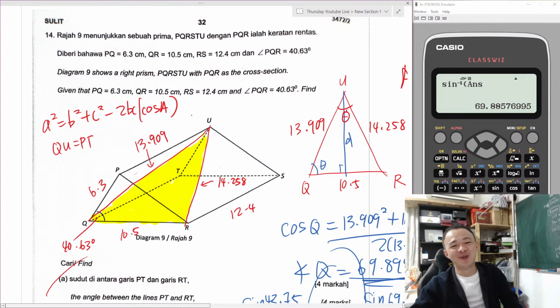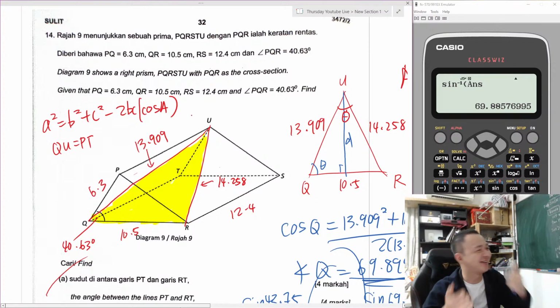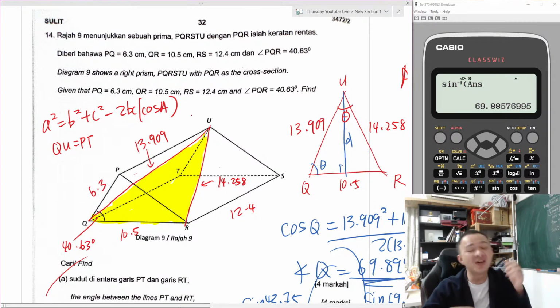How to recognize what formula we use? Okay, for this one you definitely need to watch back the solution of triangle videos I have. I made a lot of basic videos about that. You can check them out: just go to my YouTube channel and type solution of triangle. What, a 3D solution of triangle? I want to cry. Okay, don't cry first. Try to do it first. I will not say this question is easy, but it's not very hard or impossible to understand. Just a lot of things you need to do carefully.